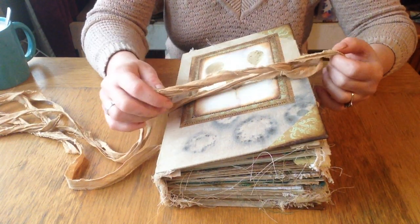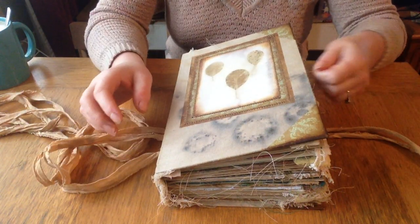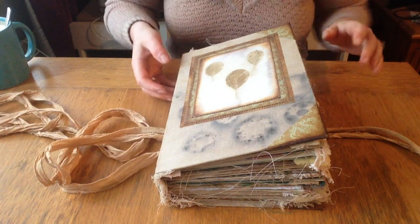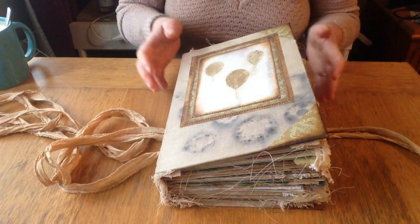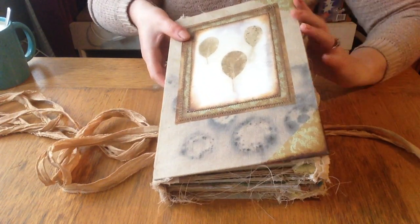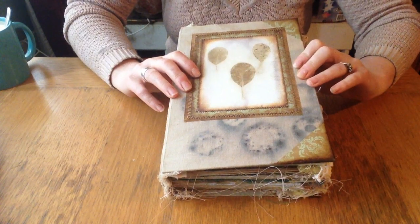So let's get to the journal. I don't want it to take more than half an hour because I don't want to bore you. And this is, I think, the fourth attempt I'm making this, so I would like to have it done. So this journal is